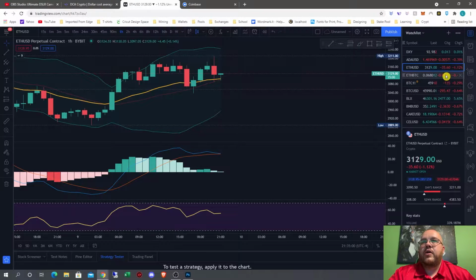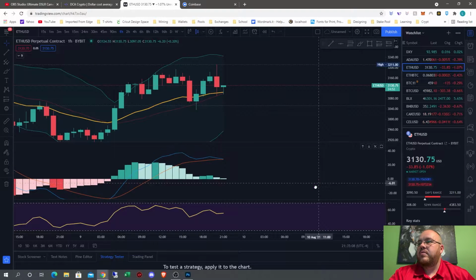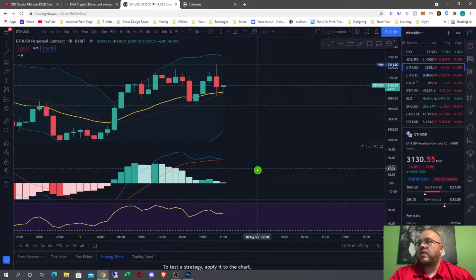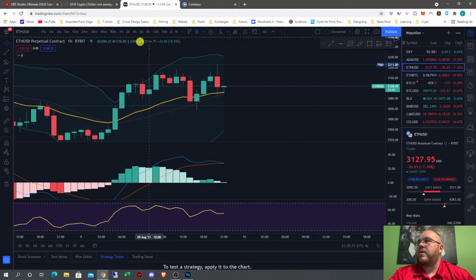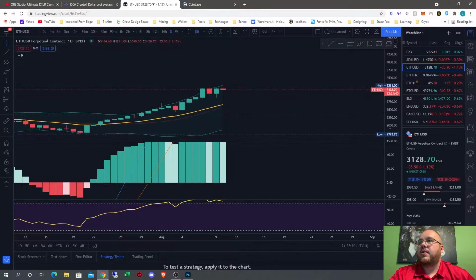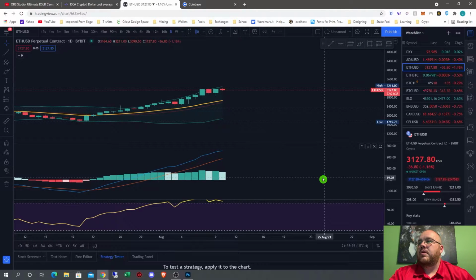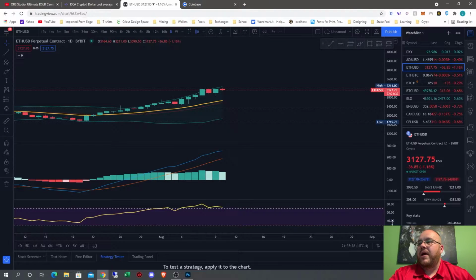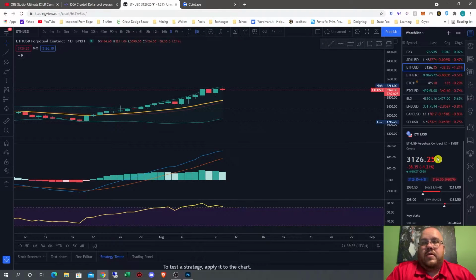So then you got Ethereum at 3129. It looks like about the same deal. It looks like the MACD's about to cross bearish. We may know in 24 minutes. The daily, it ain't too bad. It's a little overbought. Yeah, hopefully it keeps going up. That's what we all want.